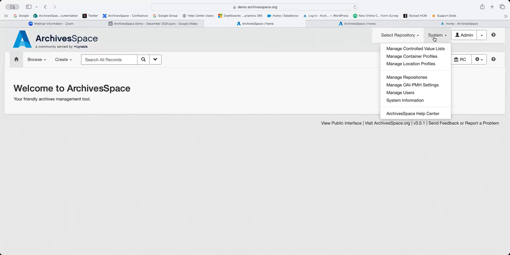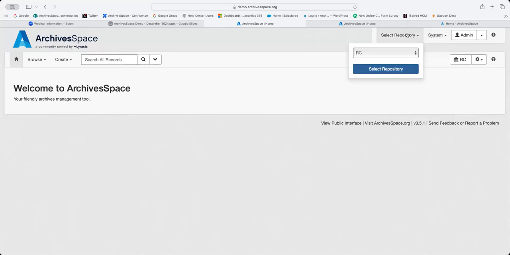ArchivesSpace has the ability to create really granular user permissions. I'll touch on those briefly several times throughout this demo, but just keep in mind that a lot of these things that you will see as I'm moving through these higher level functions in the application are only available to those who have the specific permissions to do so. Obviously you don't want everyone at your organization to be able to make major changes to the application overall, and that is not how ArchivesSpace works. You can be really granular about your permissions.